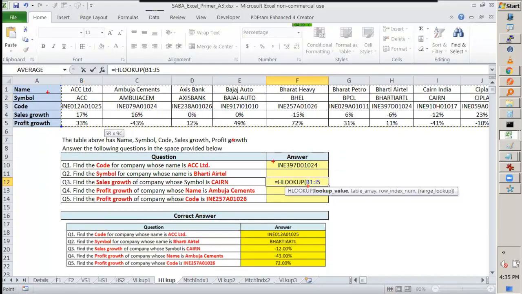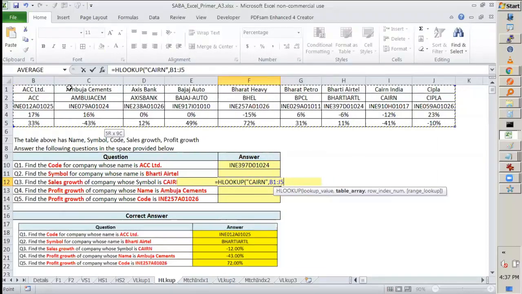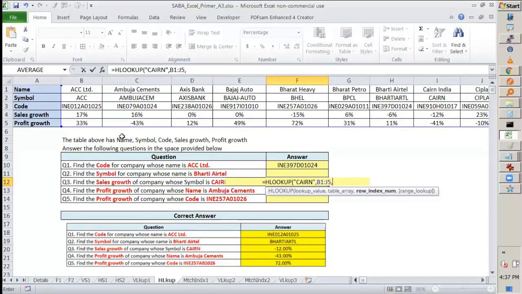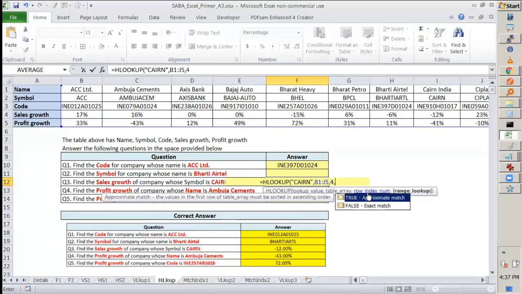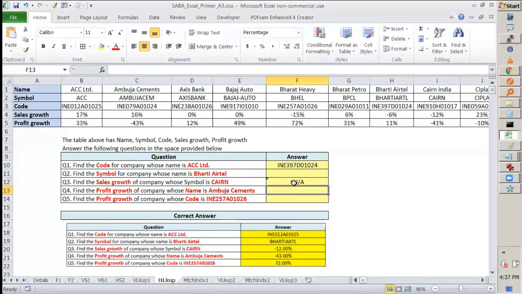See, when you are starting from here, the symbol will be looked up in this first row. In case of VLOOKUP, the search was done in the first column. Here the first row it will be searched. And it will not find any company because this is Cairn India, not Cairn. And there will be no other company. So it will not give you the value. Okay. So see, first one we are searching here. Okay, table array. And the row index num we have given the sales growth as 4. And we have given the false as the exact match. So I just forgot that NA and value. Okay. I thought it is the right.